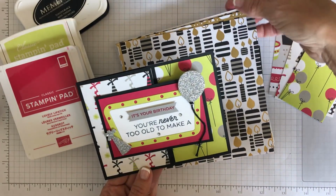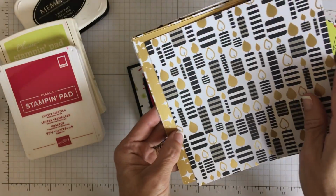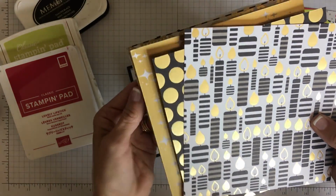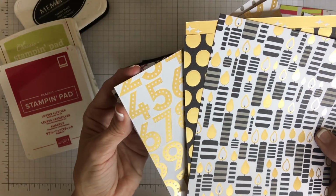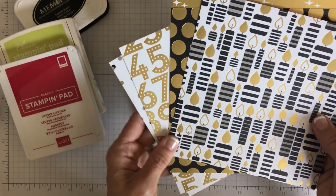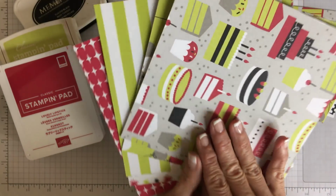Whenever you got a paper share this maybe, or you were looking through that catalog, or you ordered this paper already, I was so taken by all this beautiful black and gold. And that's all I was focused on. And then I started cutting it for my paper shares, and I turned it over and I was like, wow,